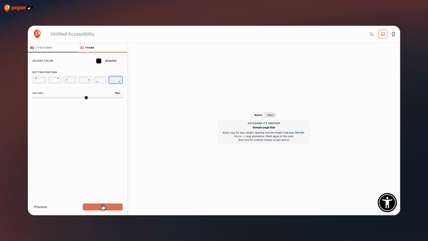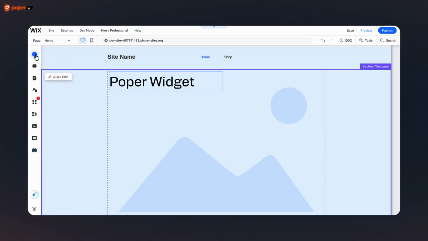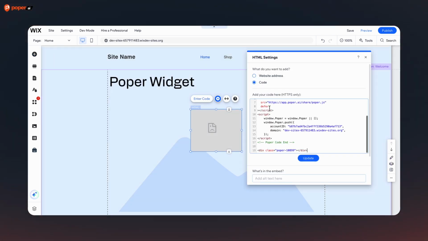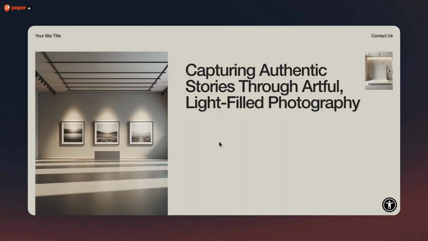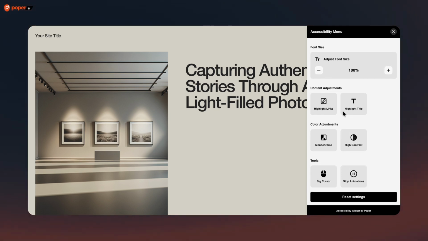After publishing, you'll get an installation code. Copy the code and go to your Wix site editor. Now add an Embed HTML block, paste your installation code inside it, and click Apply. Finally, publish your website. Once you open your website and refresh the page, your accessibility widget will appear successfully on